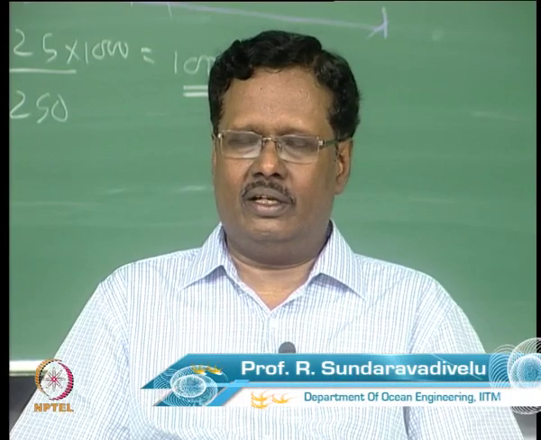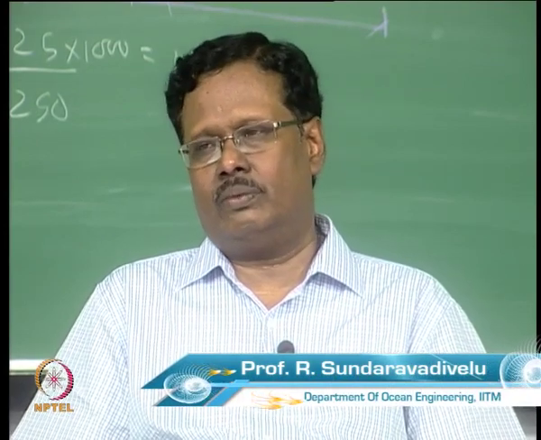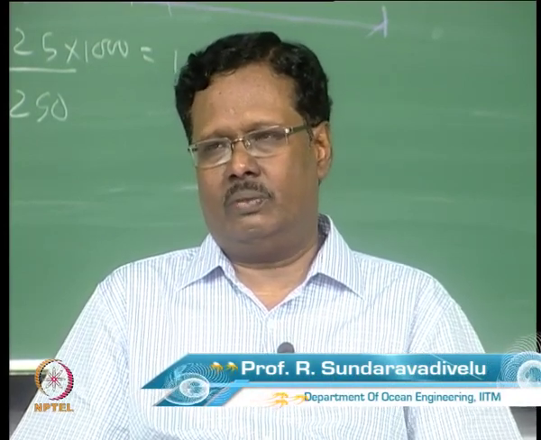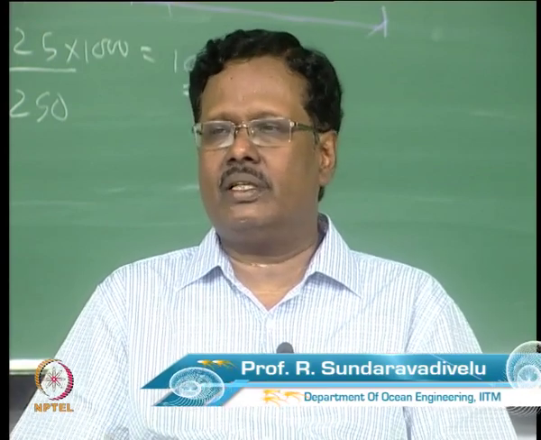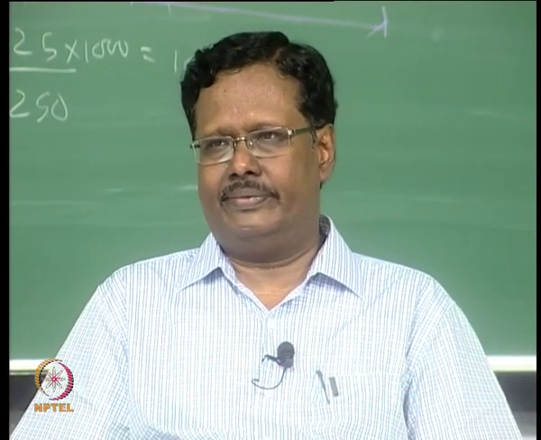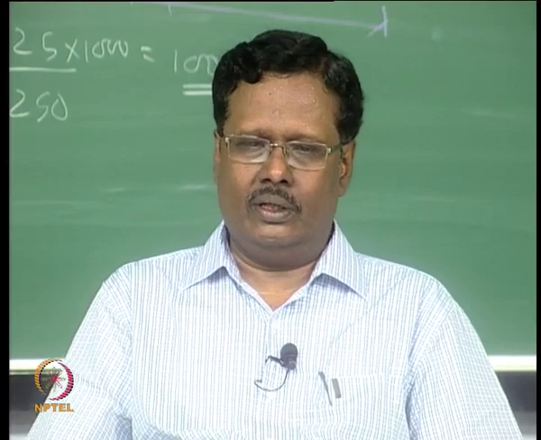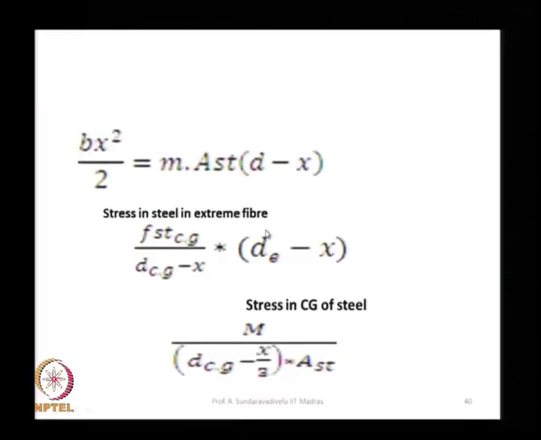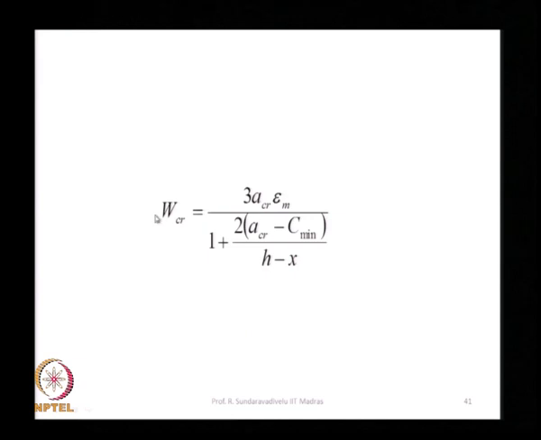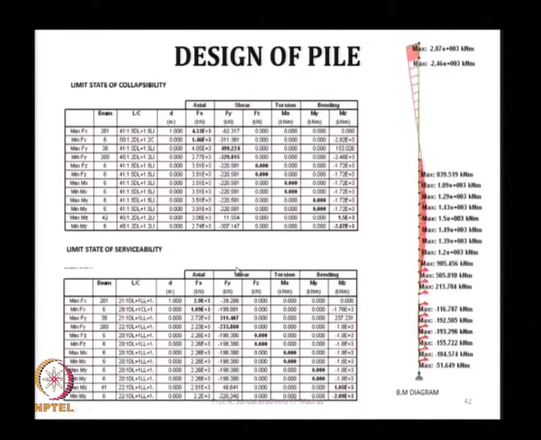That means if the diaphragm wall is from minus 27 to plus 1, 28 meter, there should be some lap. The lap should not be at the same place, you have to stagger the lap. These are the things which you have to do. This calculation I will discuss separately. This is the calculation to get the crack width. This is the result what you will be getting.